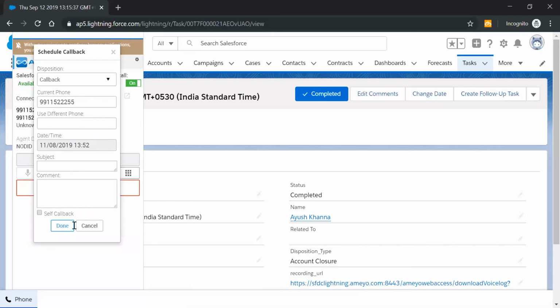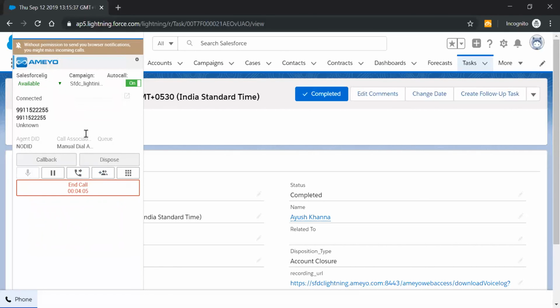As soon as I save the details, automatically after 1 hour, a callback would be initiated. So this is an automated process. No manual intervention is done over here. And if the customer wants a callback on a different phone number, that can very much be achieved. And with the self callback functionality, the callback would be scheduled for the very same agent who was actually having the conversation.